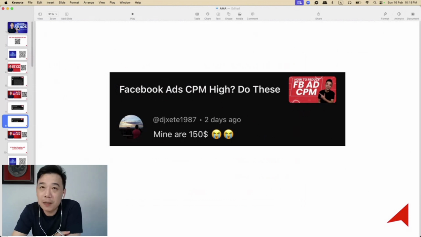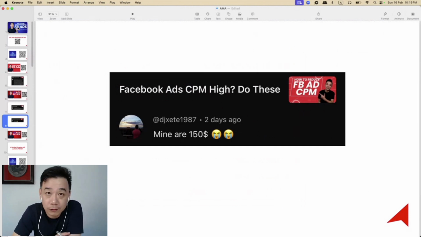Now, it's also maybe because of the limitation, as in you have a very small number of people, only 30,000, and these people hardly go online. Of course, you won't be able to reach them. So that's another possibility. Now, the other possibility here is your ad is not doing well, as in you probably have a lower overall score. As in, your ad is not getting clicks, it's not exciting, people are not responding to your ad. So Meta will determine your ad as a low quality ad, and you might be penalized with a higher CPM. So these are the few possibilities for why you may have a higher CPM.